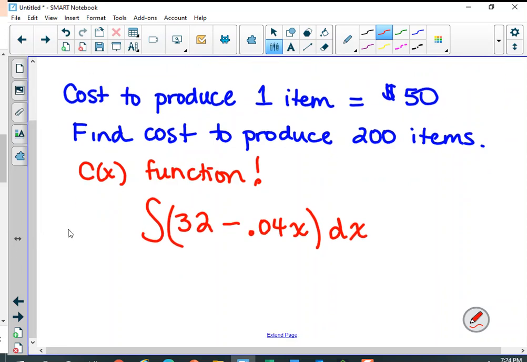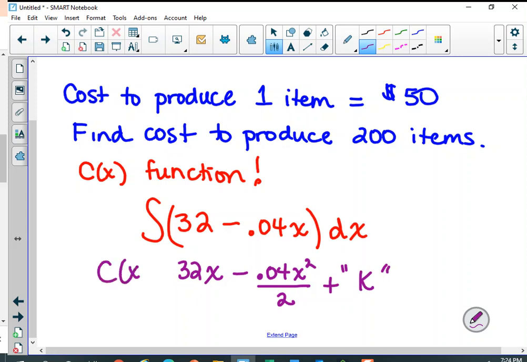Now, our marginal cost function is a nice, fun, linear function. We're going to take the antiderivative of both terms, using our tricky backward power rule. So the antiderivative of 32 would be 32x, minus 0.04x squared divided by 2, plus